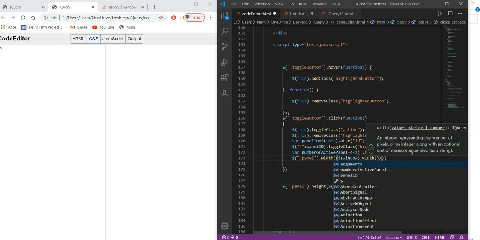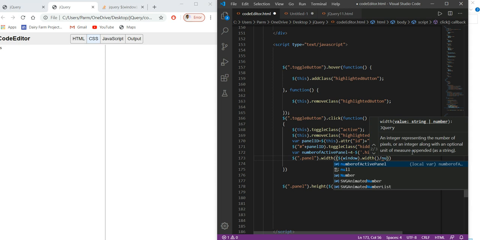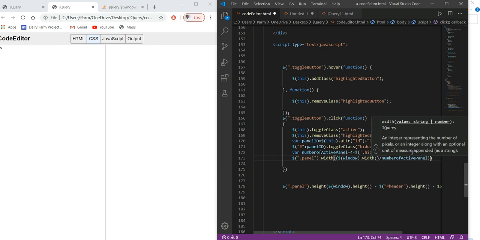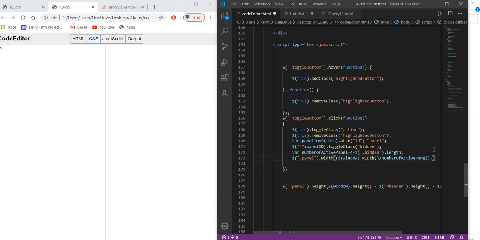So it is to be divided by the number of active panels, and from this I am just subtracting some value, that is 10, the value of the padding space used over there.